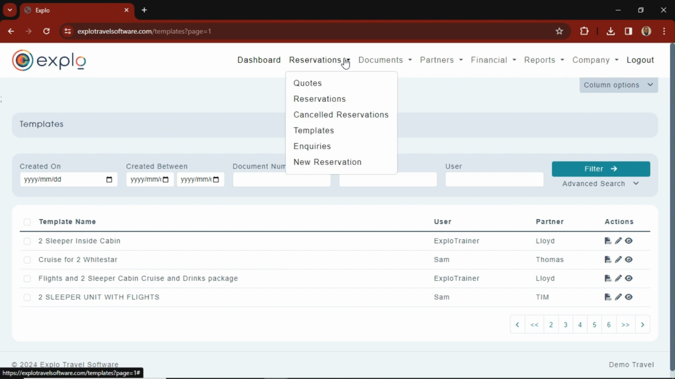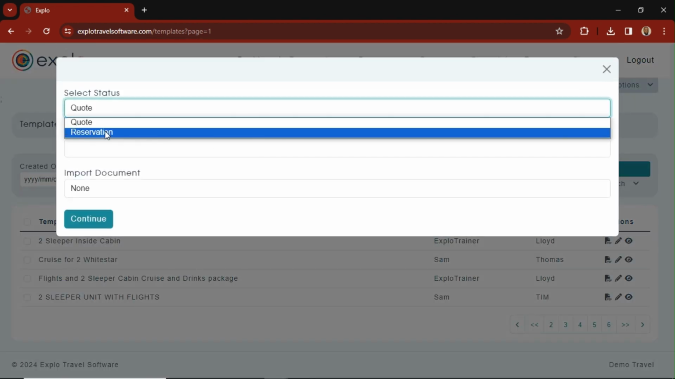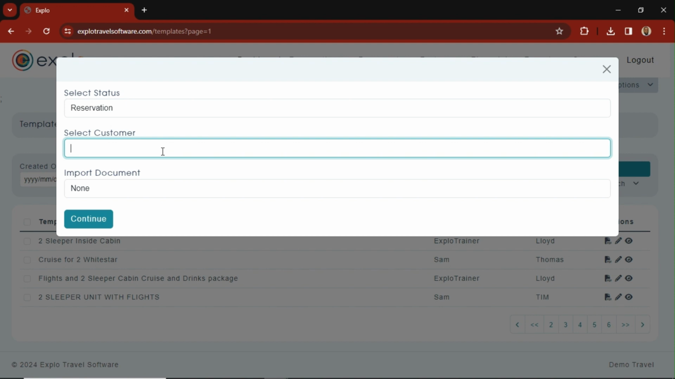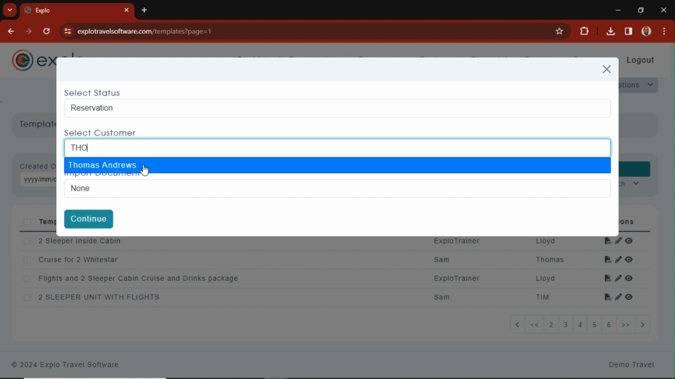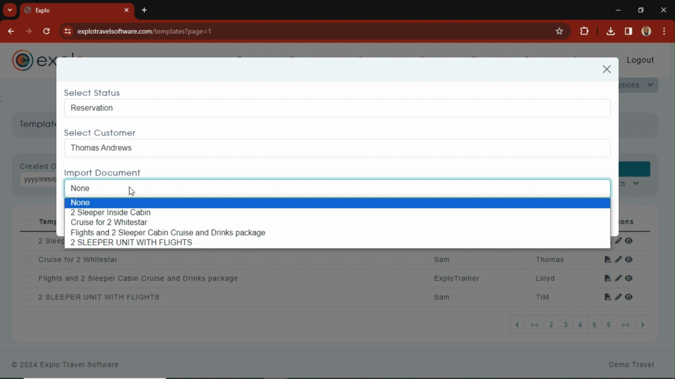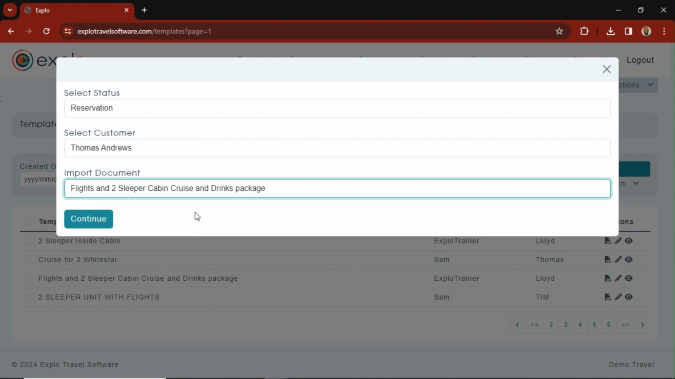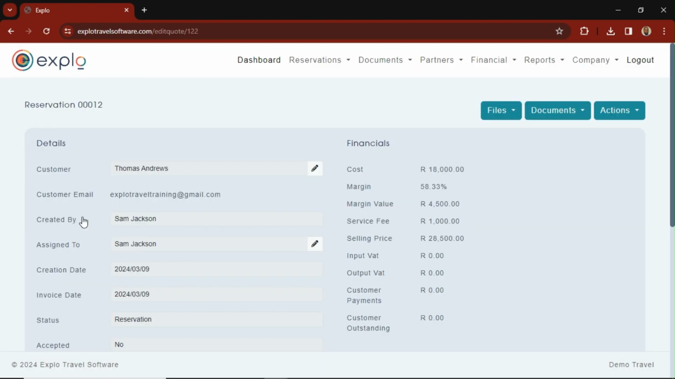You can simply come to making a new reservation, right? So you want to make a reservation, and let's try and find another customer. Say Mr. Thomas Andrews comes, wants that, and we are not creating this from blank, but now we are using an existing template which already has services. For this one, I'm going to choose this one, flights and the cabin cruise and the drinks package that we have there. It can be hotel, it can be anything that you've already booked, and you can continue on that,